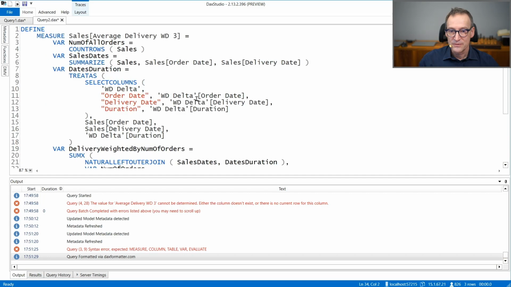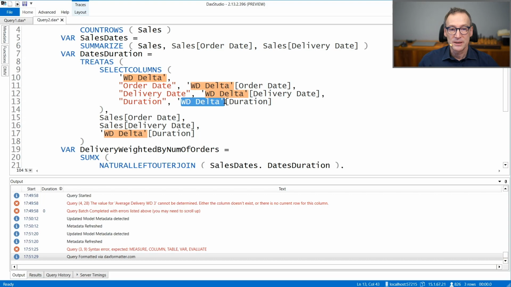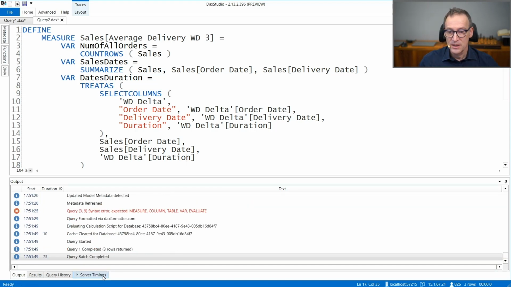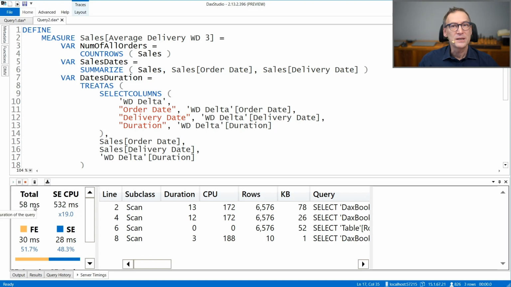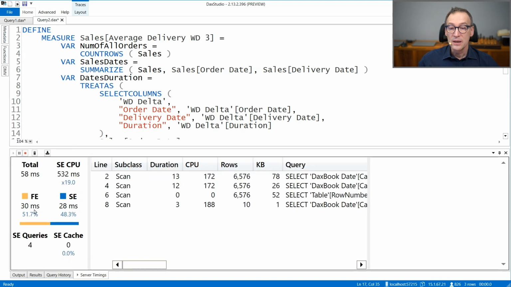Okay, reduce the font a bit. Hopefully that is still readable. So I now have my average delivery working day 3 that uses the WD delta table. And as I said, we went from 900 milliseconds to 200 milliseconds. Let's look at the speed of this query. That is way better. Now it's 58 milliseconds, and